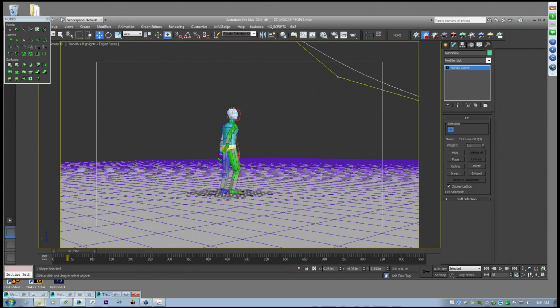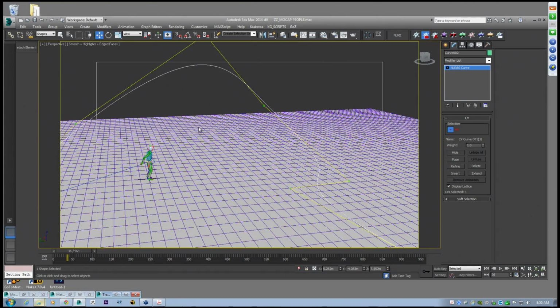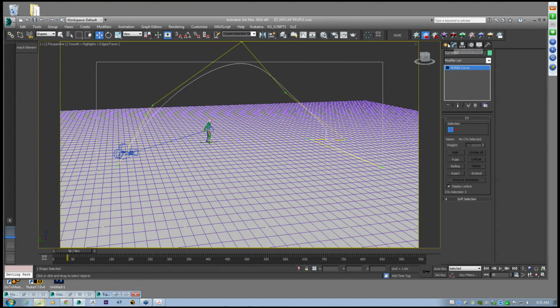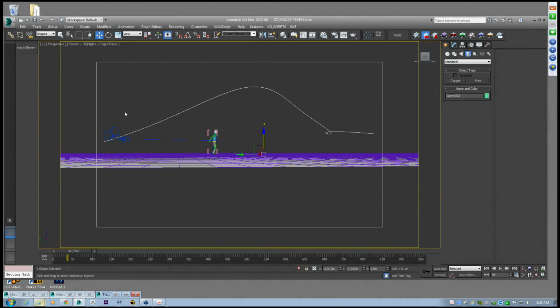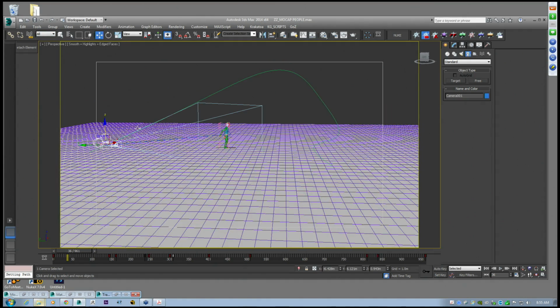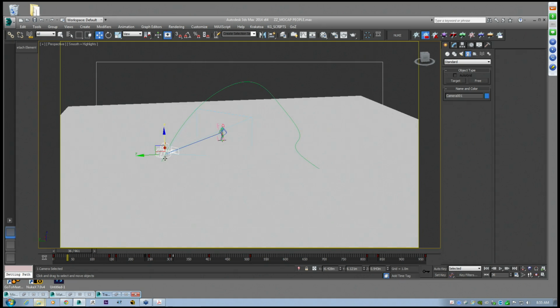So let's have a look at this path constraint and what we can do with this. We do this a lot. We have path constraints or camera constraints along paths, and then you really want to control this motion. And if you wanted to go fast here and slow here, fast here and slow here,